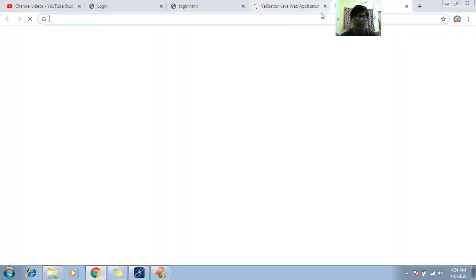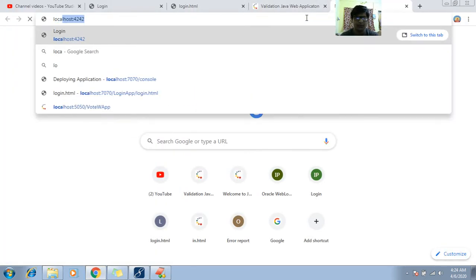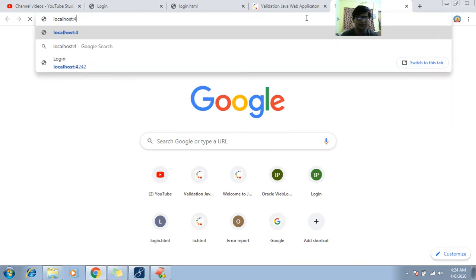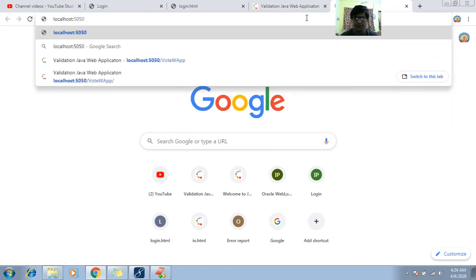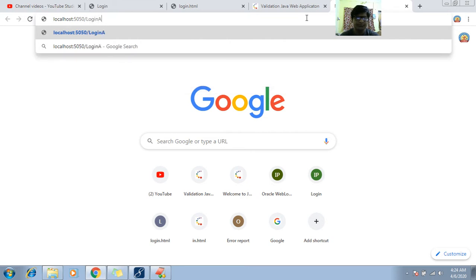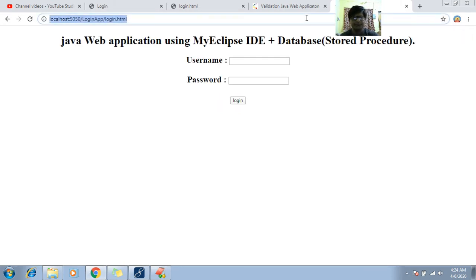So localhost 5050 slash login app slash login.html. Okay, fine.